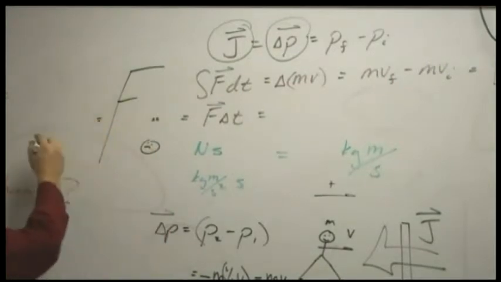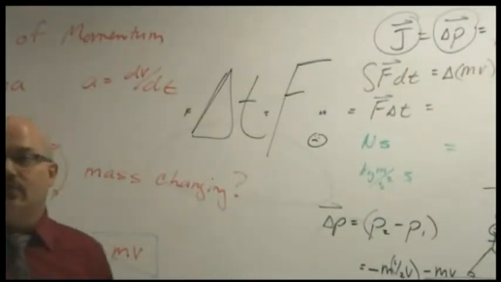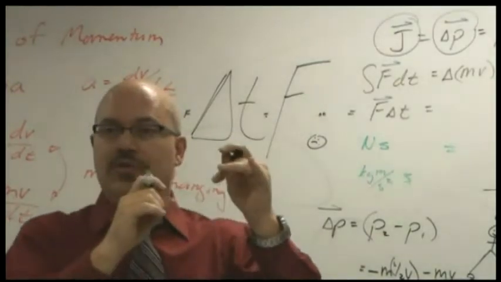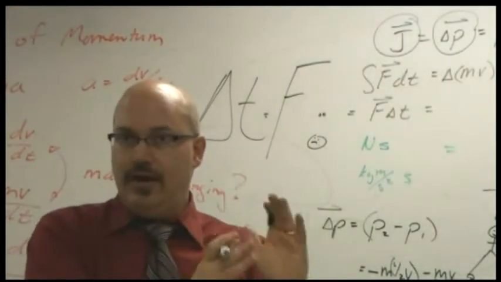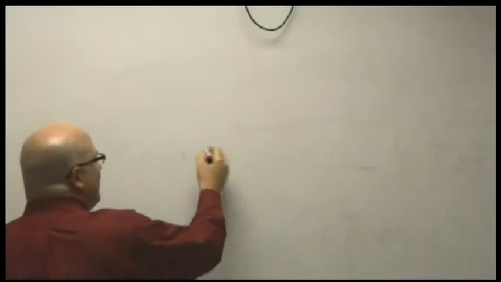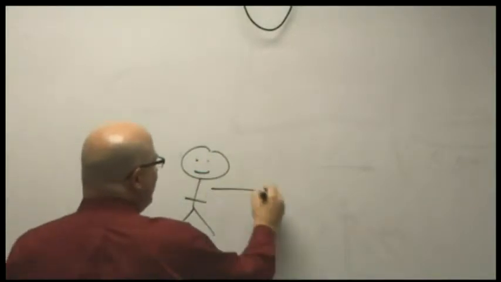Or if you hit a pillow wall, you have lots of time to come to a stop and turn around, and so the force is much less on you. So you can get the exact same impulse with different forces, with different force-time combinations. All right, so we got this person not paying attention to what they're doing, strolling this way,